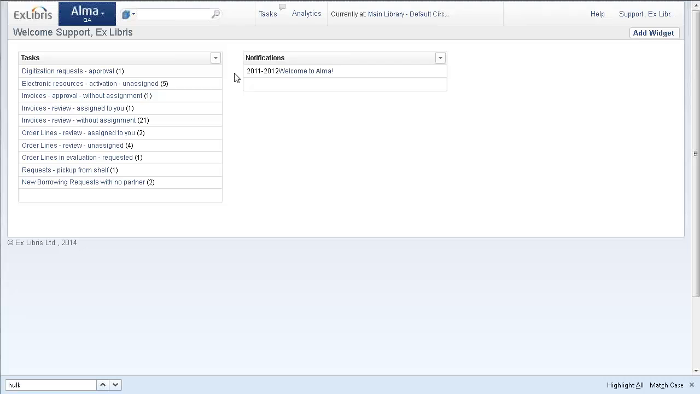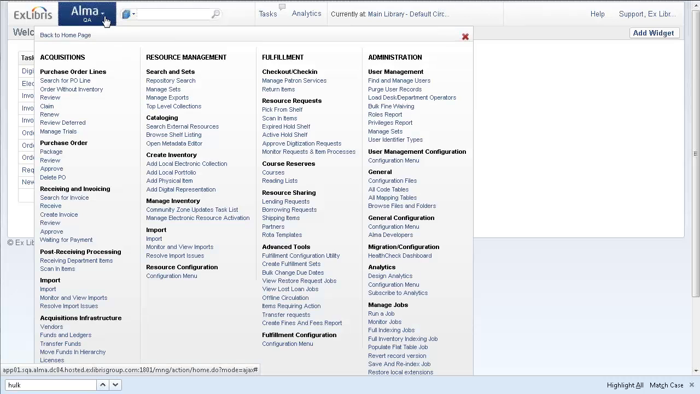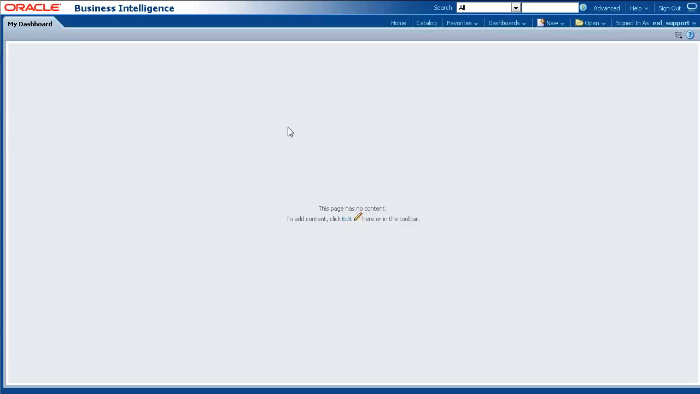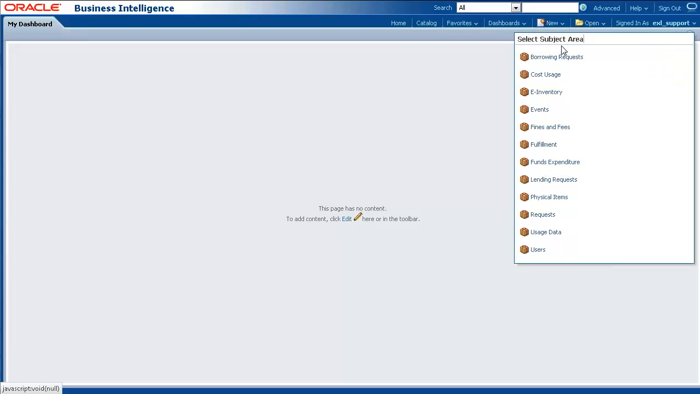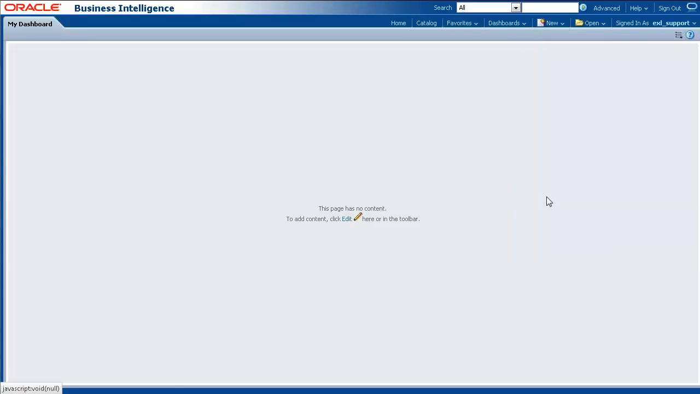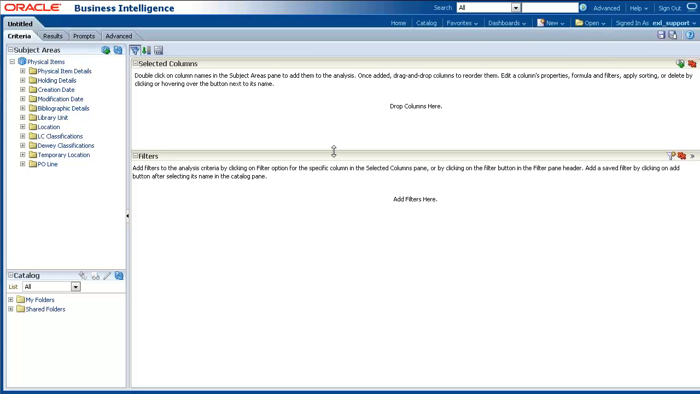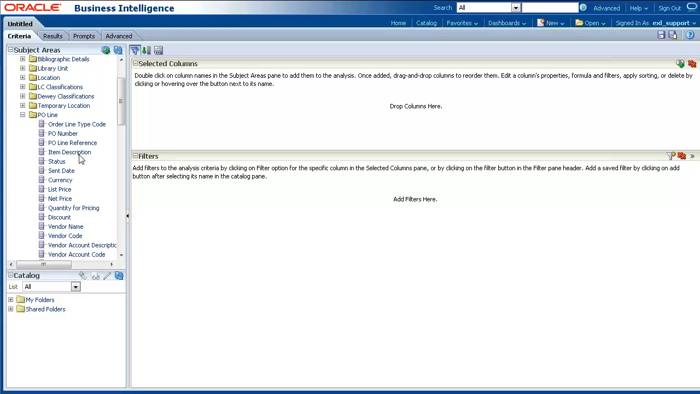Okay, so here we are in Alma, and let's go into Alma Analytics and just see these new fields as they appear in the system. Alma, Analytics, Design Analytics. Signing in, let's make a new analysis for a physical item. And here under the PO line dimension, we can see all of the fields,